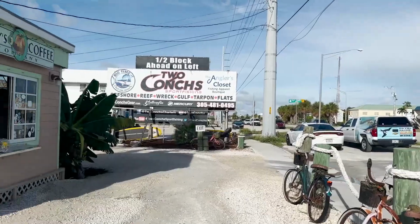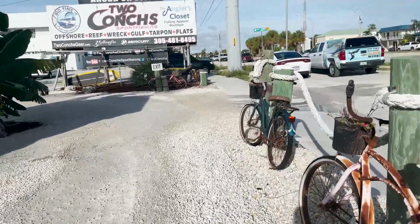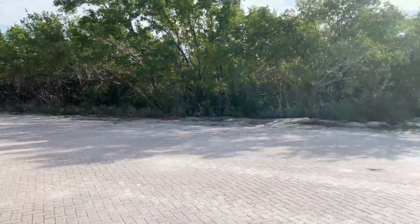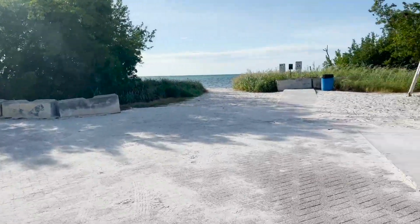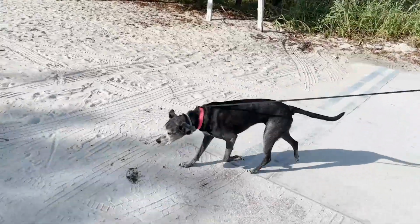And then we decided to go check out one of the beaches. Now the Florida Keys are not known for their beaches, believe it or not. Yeah, this is one of the very few we could find, and as you'll see, it is dog friendly, so we could bring our dog out there, which was nice. But wait for it,